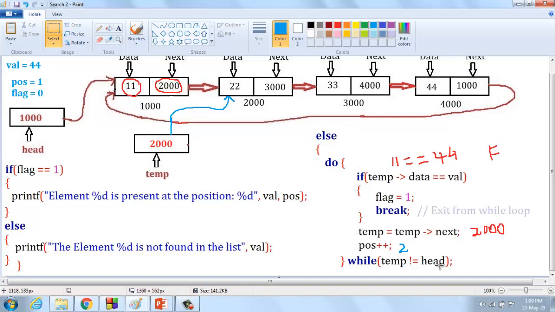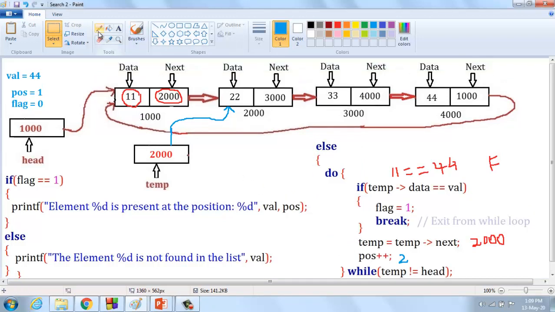Here temp not equal to head. What is temp value now? Temp is 2000.